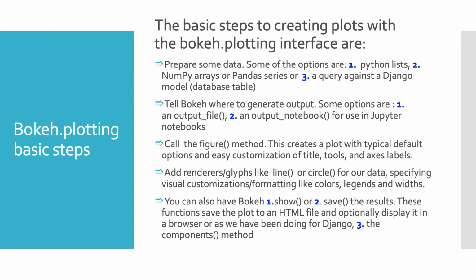And then you can also have Bokeh show, use the show method, or save the results. These functions save the plot to an HTML file and optionally display it in a browser. Or as we've been doing and will continue to do, we have this components method that allows us to get the script and the div tag separately and then use that in our Django view,